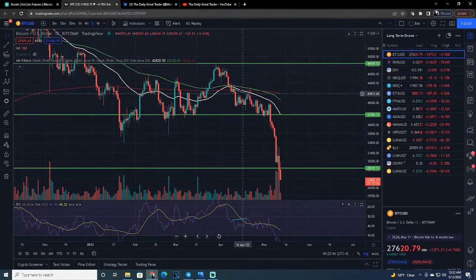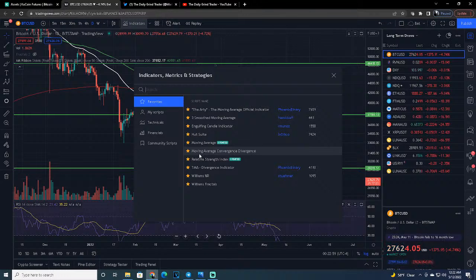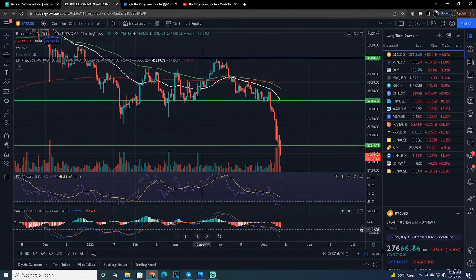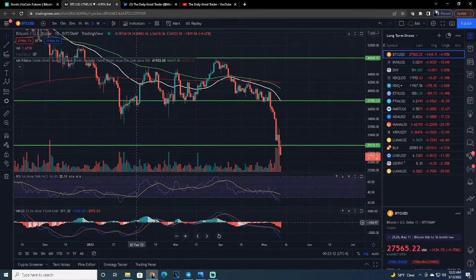So the last really simple indicator that I wanted to discuss really quickly is just the MACD. The MACD is a really easy indicator to get started using. Moving average convergence divergence, MACD. And as you can see, it's an oscillator, and it's not much different than the RSI. You can see the same type of peaks and valleys between the MACD and the RSI. They are both oscillators, but sometimes they might tell you a slightly different story,